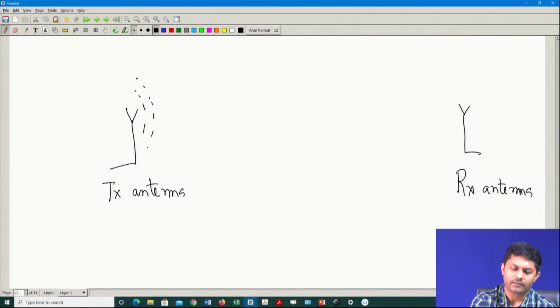Let us, for the time being, assume that this antenna is transmitting a signal which is kind of isotropic, but you do not have to make that assumption. I am not so paranoid about the isotropic assumption. I am saying that you transmit a signal and we are getting it. What are the physical phenomena that will appear between these two antennas? That we need to understand. And everything from an electrical signal point of view, not an electromagnetic signal point of view. So, we are electrically analyzing it. I am sending an RF signal here, because I am in the RF domain. I am talking of antenna to antenna modeling.